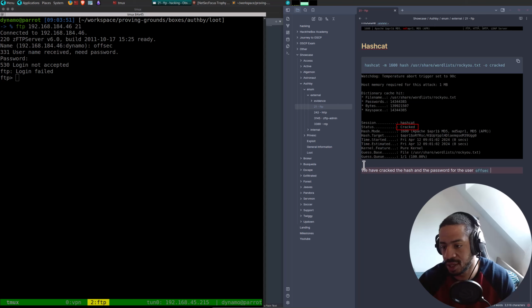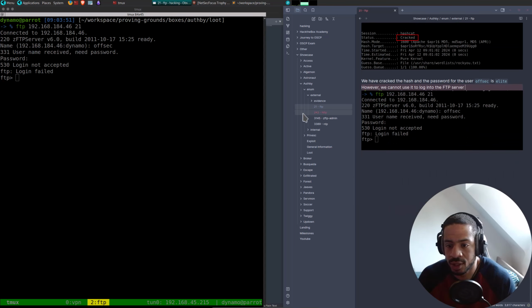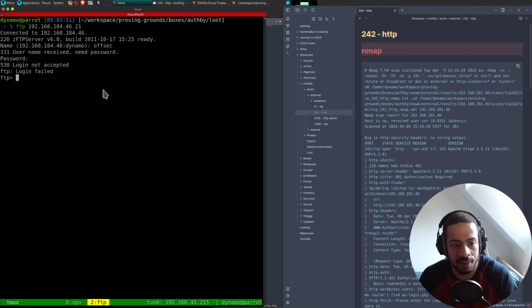Offsec is elite. However, we cannot use it to log into the FTP server. Like so. So where can we use it? We are now kind of stuck on FTP. So let's continue with HTTP.